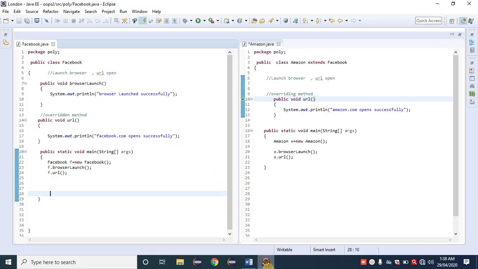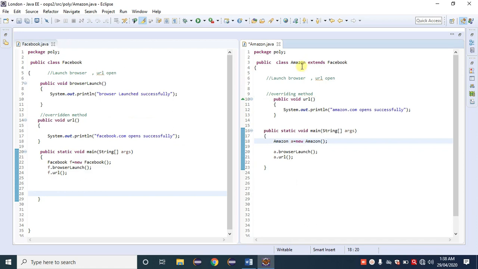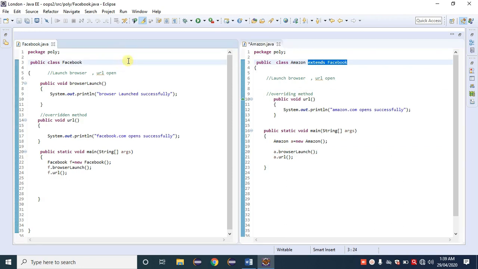Just observe our example. Amazon extends Facebook. Amazon is a child class and Facebook is a parent class. If I do not use that here, it means it is not an overridden or overriding method. Keep in mind, it's a different method. So there must always be a relation, that is parent and child.